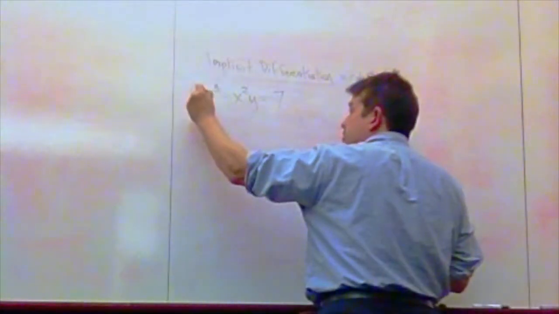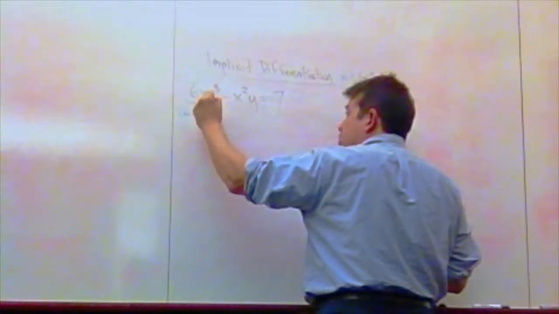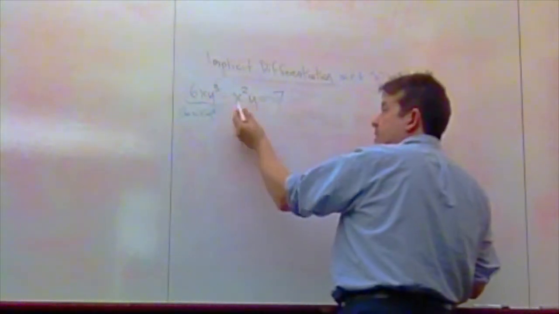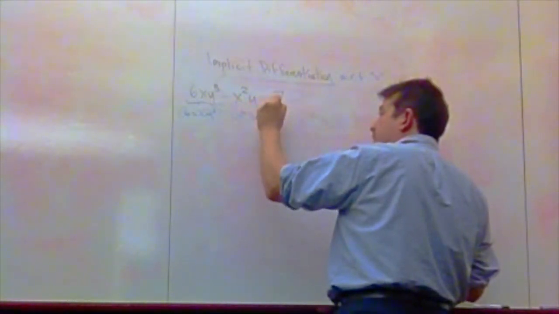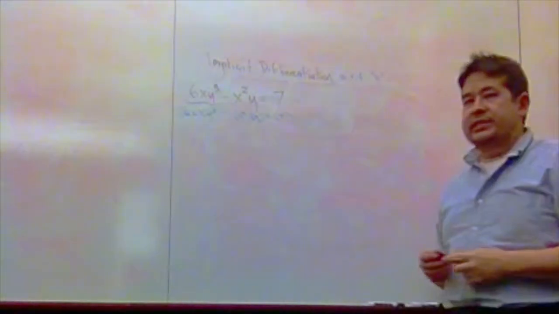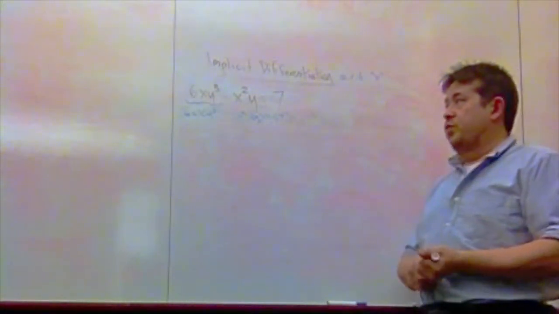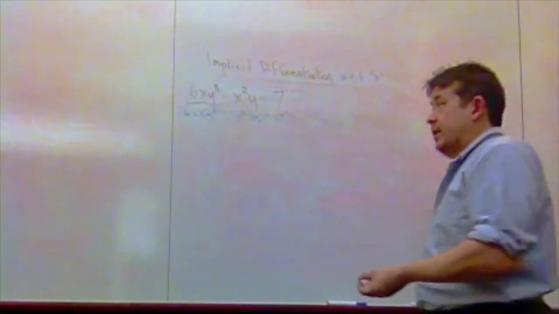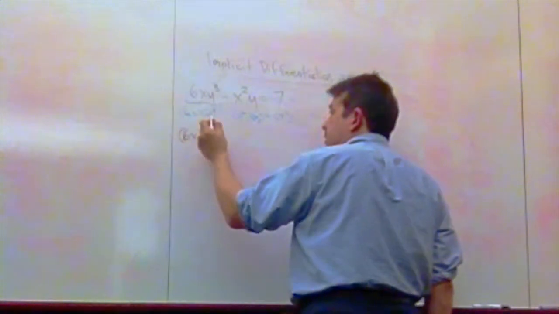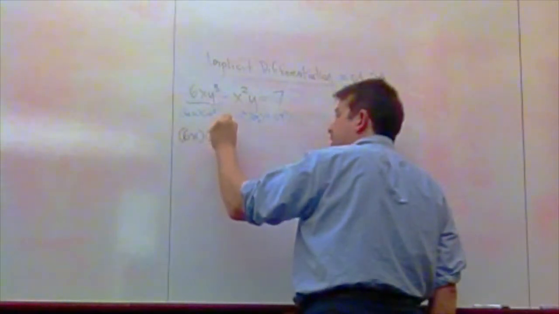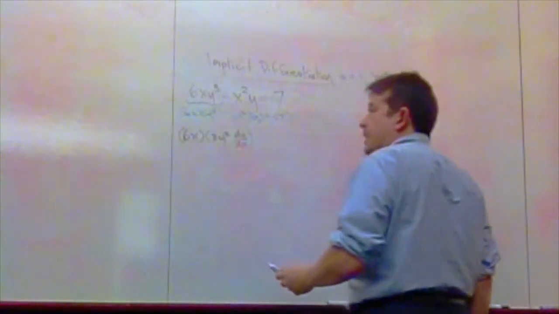And we'll do it term by term. This term is a product of 6x and y cubed, minus this term, which is actually a product, x squared y, and this is the constant 7. So using the product rule, which we know from our Calculus 1 skill set, we'll have the first times the derivative of the second, and